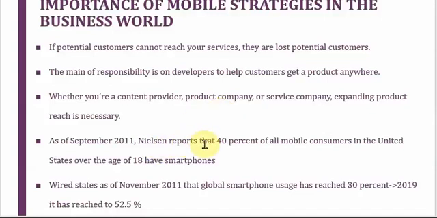Overall summary of this slide is what? If you're developing a good app, and that app should be able to reach your client or your customer, in that way, that is the best way how you can try and improve your business in the market. Okay, so whatever business you might be doing, here they have told you might be into a product company or a service company, or you might be a content provider.